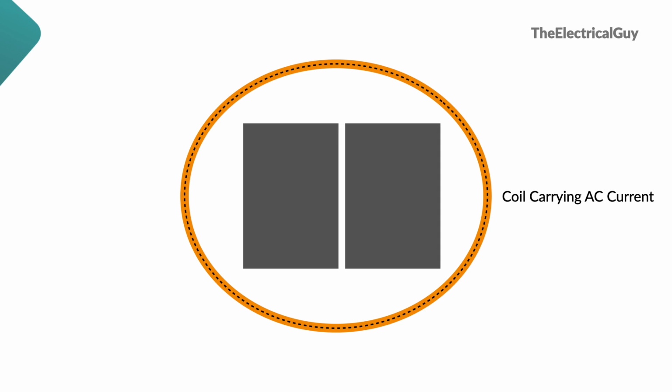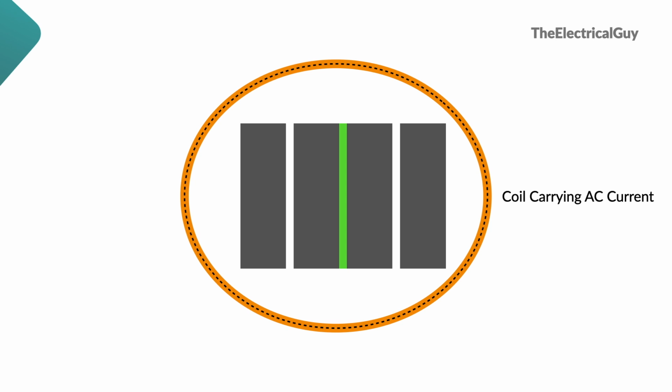So let's split this core into two parts and let's put an insulation between these two parts. Now definitely the resistance has increased. The voltage induced in each section is now 1/2 of what it was before. And hence the eddy current will also drop significantly. If we keep on subdividing the core, the eddy current losses decrease progressively. And that's the reason why the cores of transformers or AC motors and generators are always laminated.